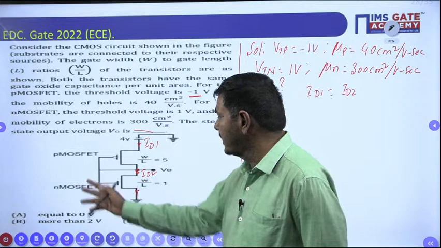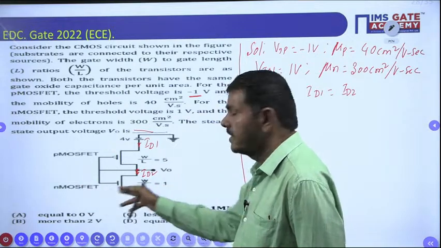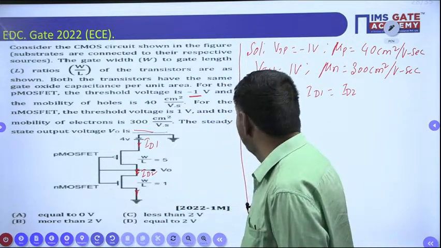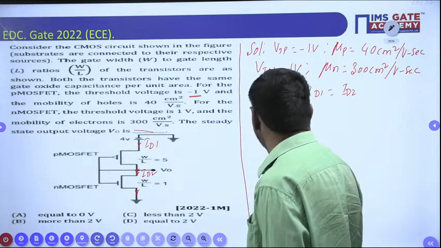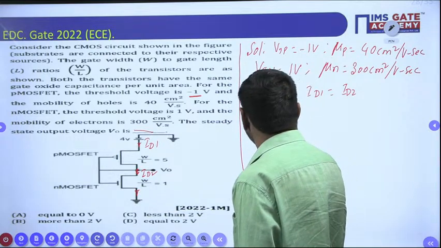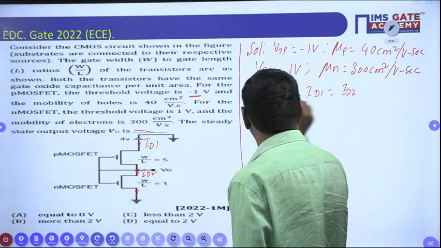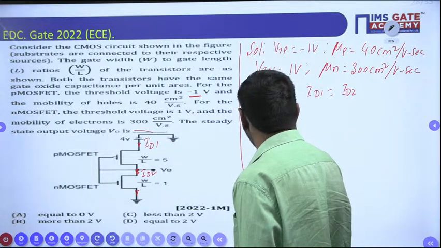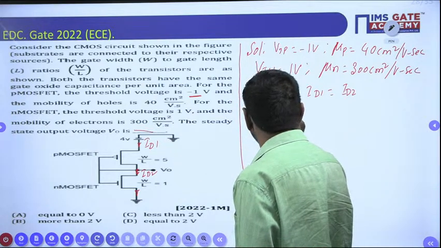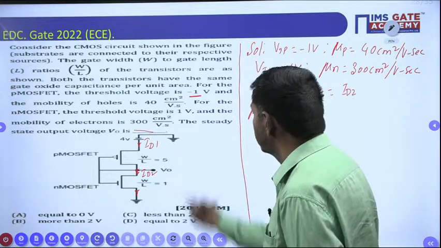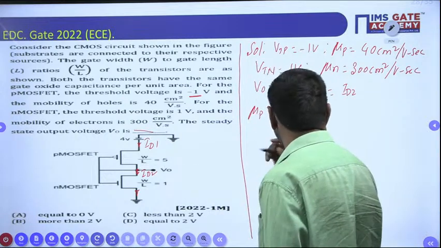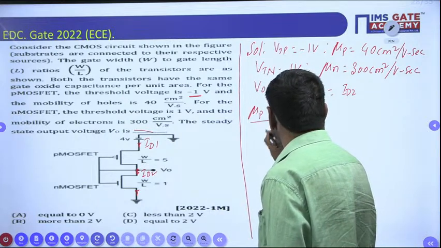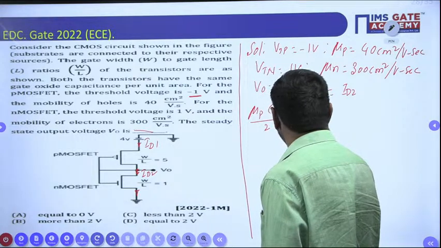W by L for the N MOSFET, that is the aspect ratio of the NMOS, is also given here. But how is the formula applied? First one is nothing but the PMOS: mu P into COX by 2 into W by L